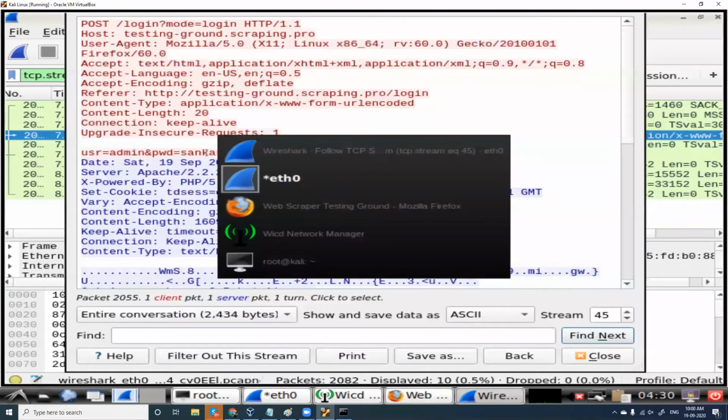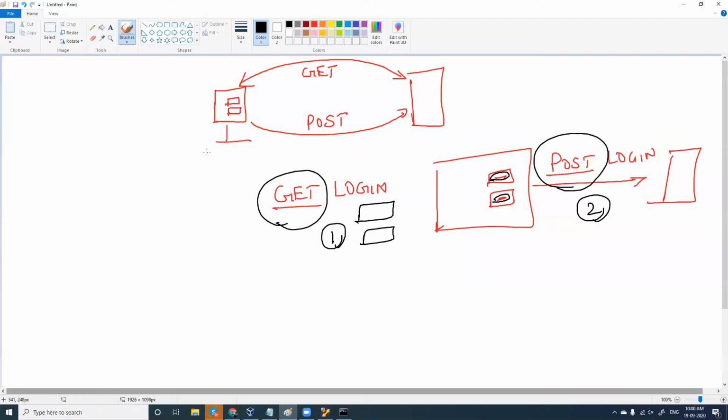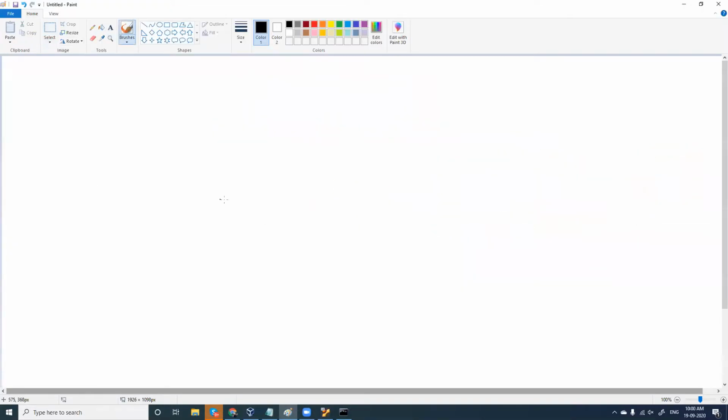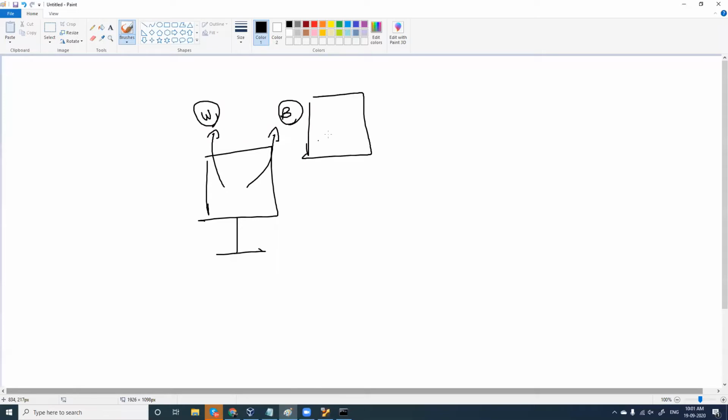Now you might be having this question. You might be wondering this, Shankar. I'm using my Kali Linux here. I have my Wireshark running, right? I have my browser Firefox, which is also running here. I'm opening a website here. I'm giving the username and password in my computer, right? And I'm looking at the details in Wireshark. But I'm the single person here. I know what username and password I've entered in the website. From the same computer, why do I have to look at the details from Wireshark? What is the use of it, right? There is no use. Literally, it is like understanding this tool.